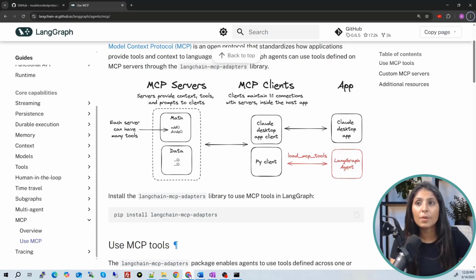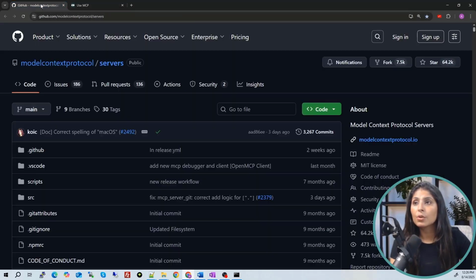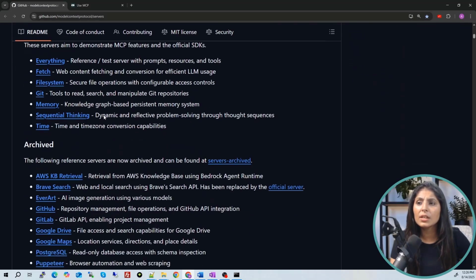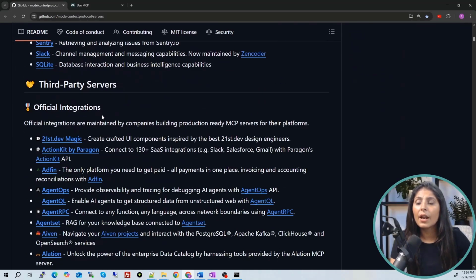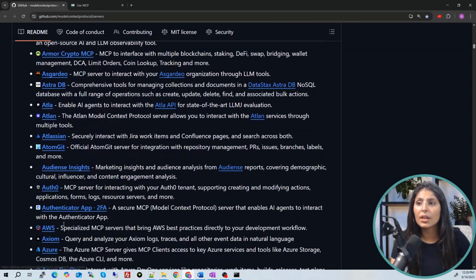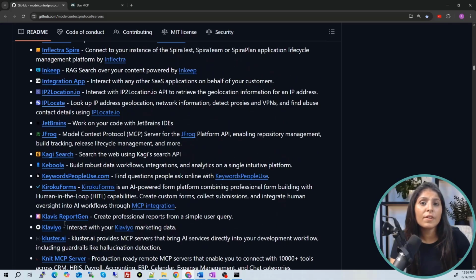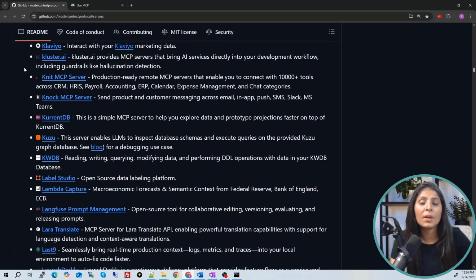So if you remember from our last class, I have shown you this GitHub repo, and if you see this GitHub repo, you will see there are a lot of MCP servers. See, these are the different MCP servers. Keep on scrolling and you'll see a lot of MCP servers, right? So when there are a lot of MCP servers already available, then what is the need of creating a new MCP server? Why do we need to create a new MCP server?